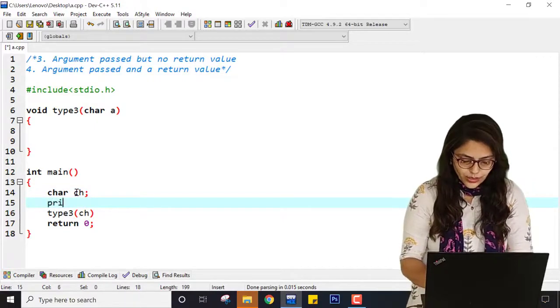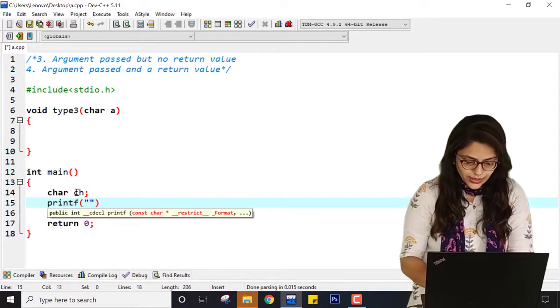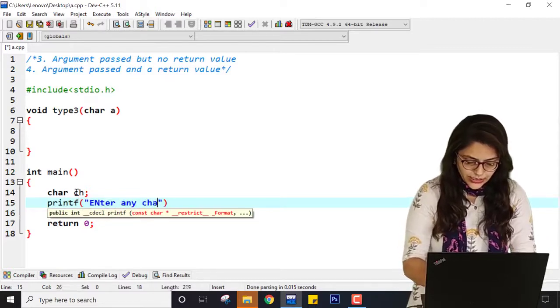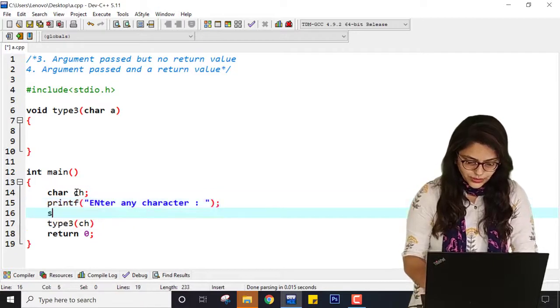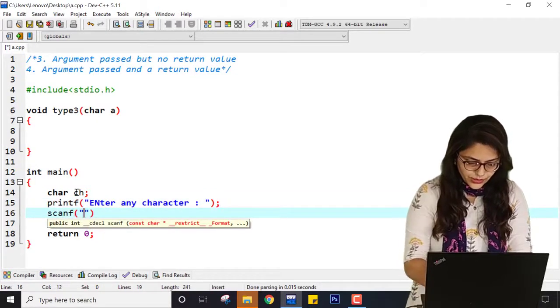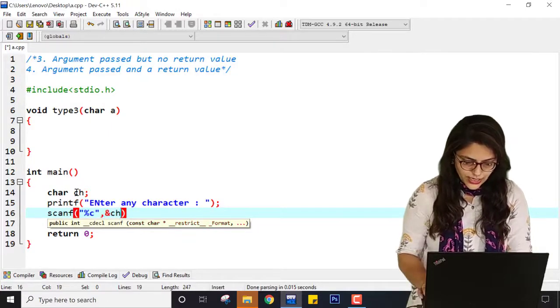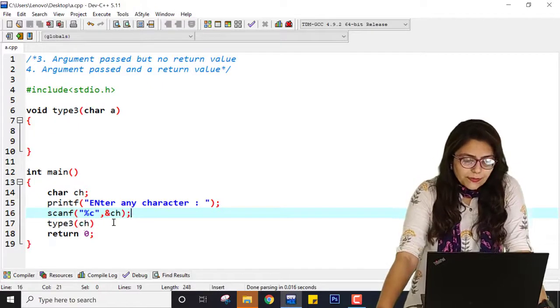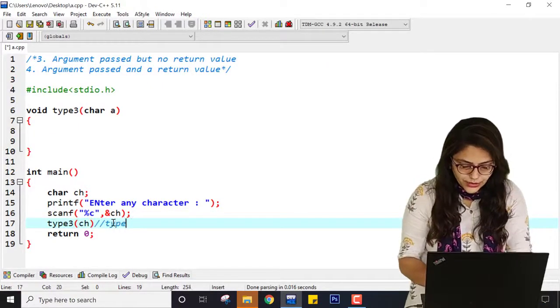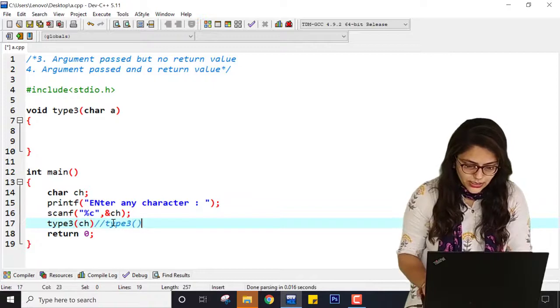So here printf enter any character. Here scanf %c and ch. So if the user has entered k, then this k is passed to type 3, and here it will be k.